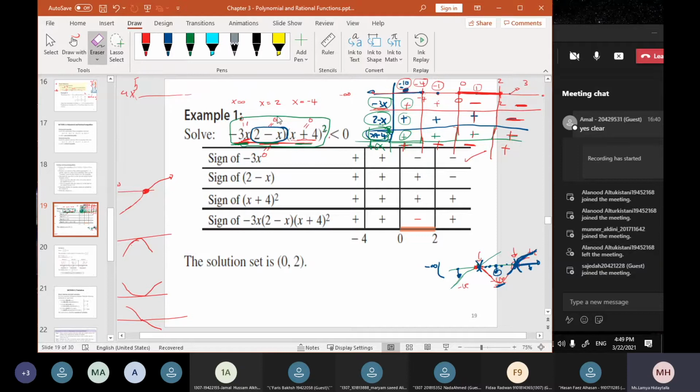طيب يبقى for this function now we want to know when it is less than 0. To do that, what I'll do, I'll solve this polynomial when this is equal to 0. طيب when it will equal to 0, when x بتساوي 0 و x بتساوي 2 و x بتساوي minus 4, I found them from here. Okay, then what I'll do, I just draw,